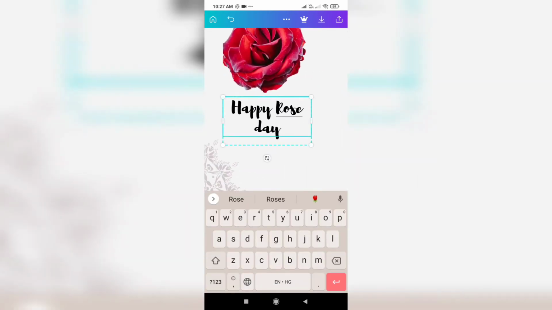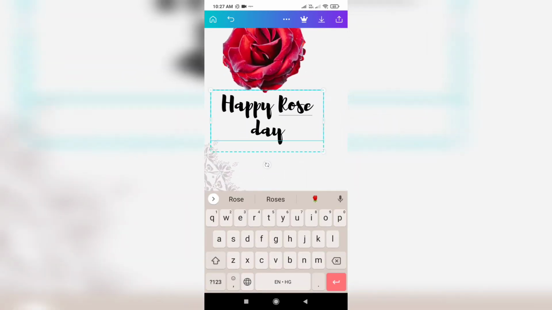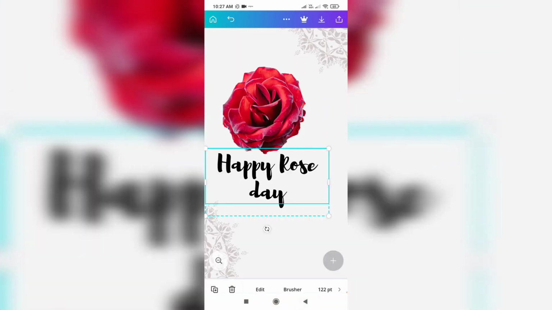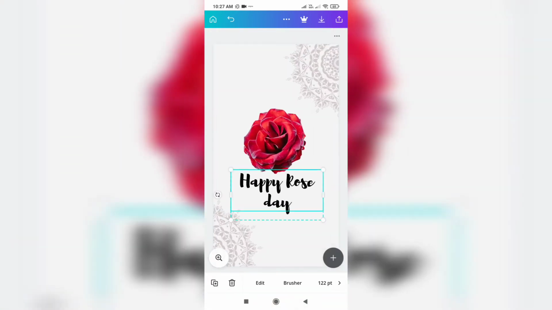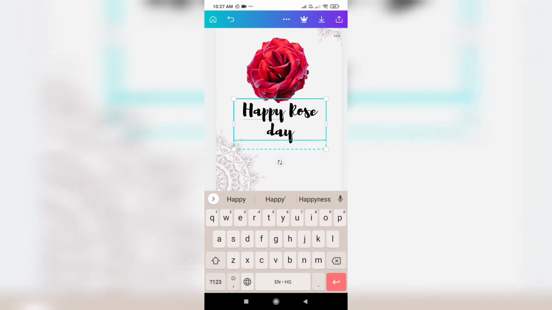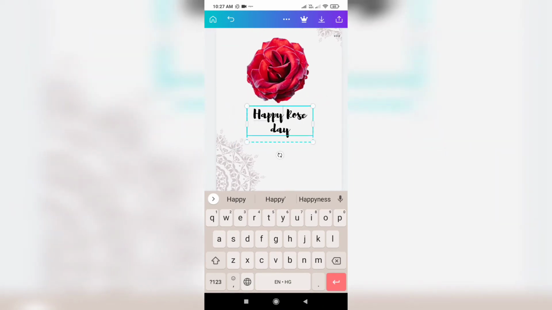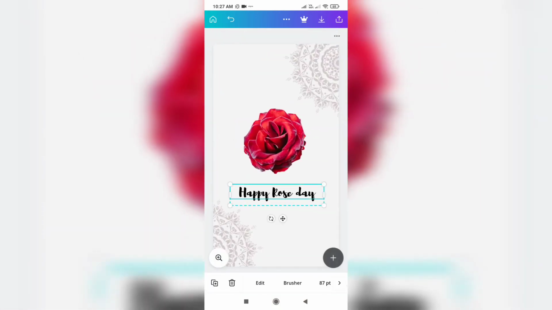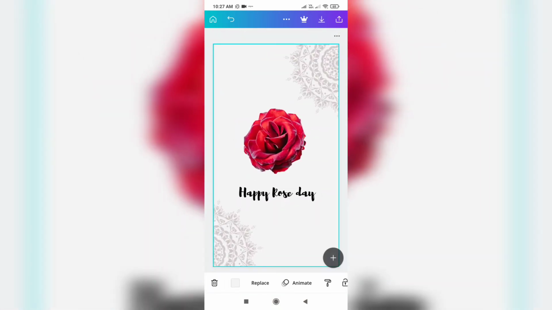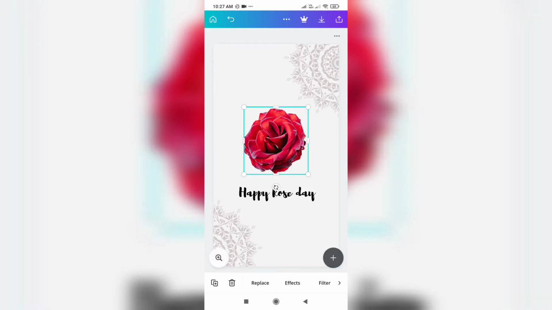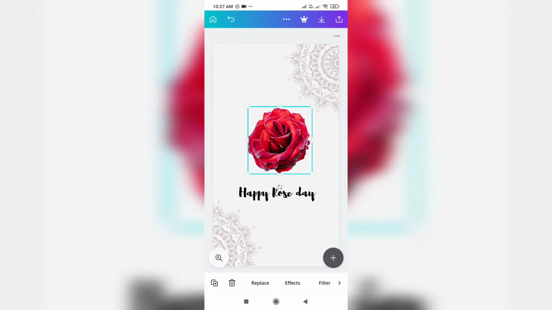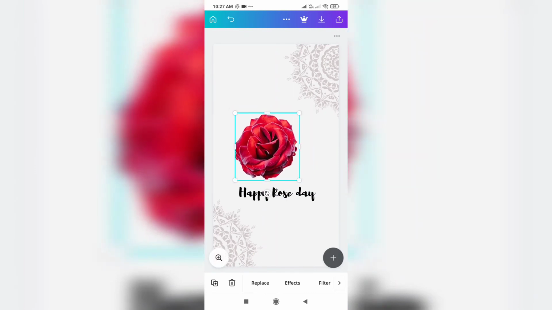You have to then adjust the positioning of the text. You can make it bigger or smaller according to your wish. You can extend it a little bit like this. Yeah, so here you go. But is it looking good? I don't think this rose is looking nice, but this one will make a fabulous story, WhatsApp story or Instagram